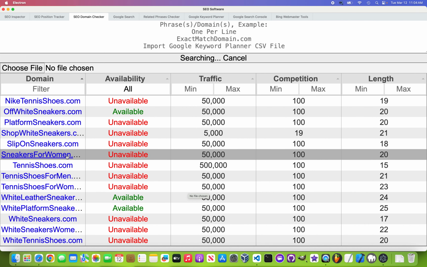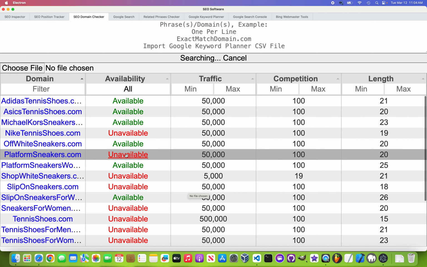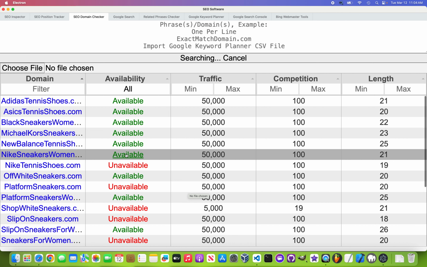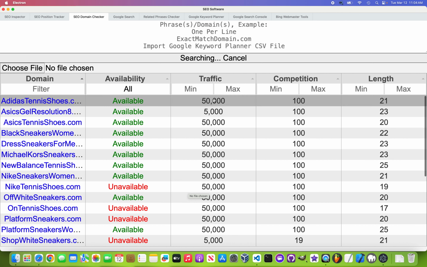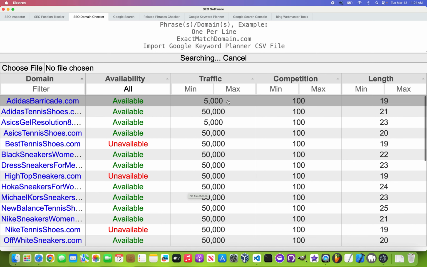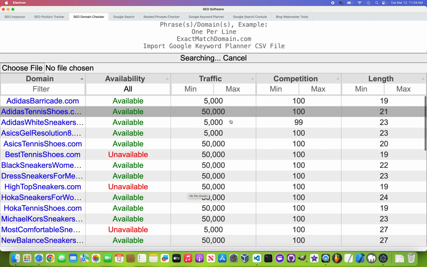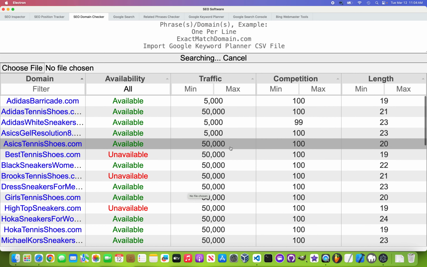and presenting you with all your EMD exact match domain options, and it'll tell you which one's available, which one's unavailable, and this is all based on that CSV file. So it tells you the traffic that that domain name gets right here. This is the organic traffic it gets monthly. So technically, if you were to rank on search engines for this keyword, you would get all this traffic for